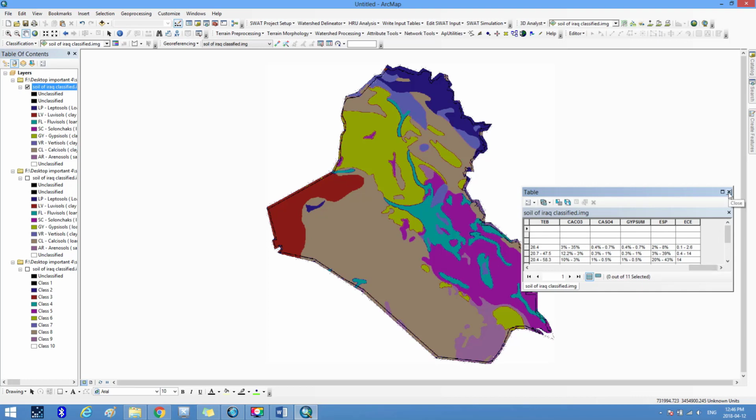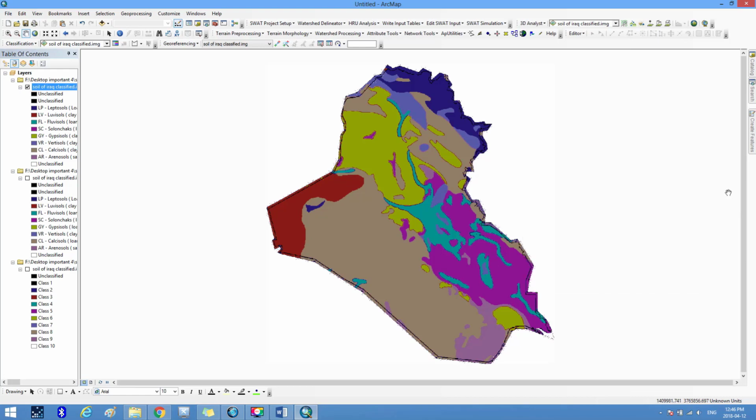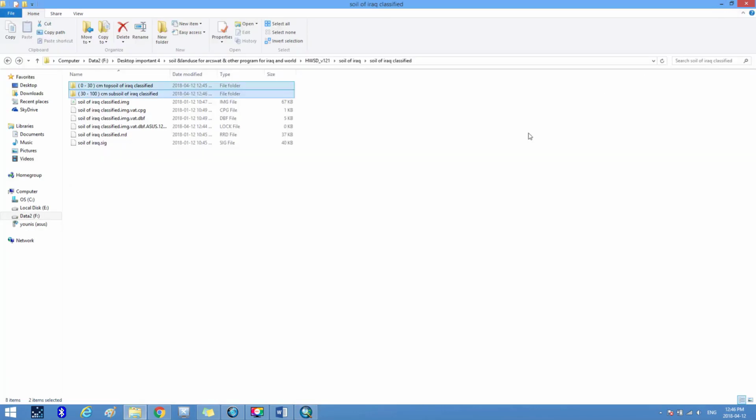Thus, we have explained how to obtain the raster map of topsoil and subsoil from the Harmonized World Soil Database HWSD. Now, after classifying the image extracted from the Harmonized World Soil Database HWSD and saving it